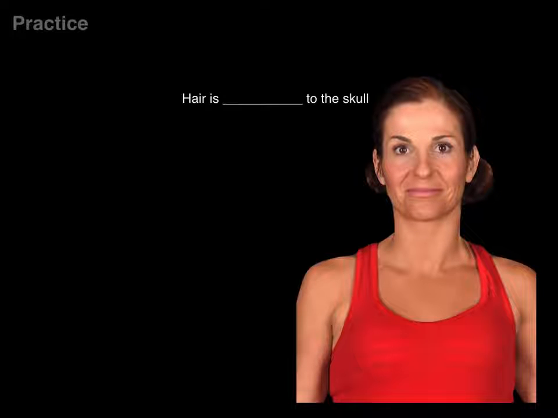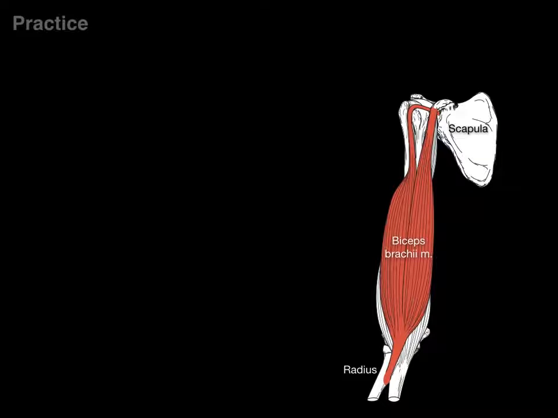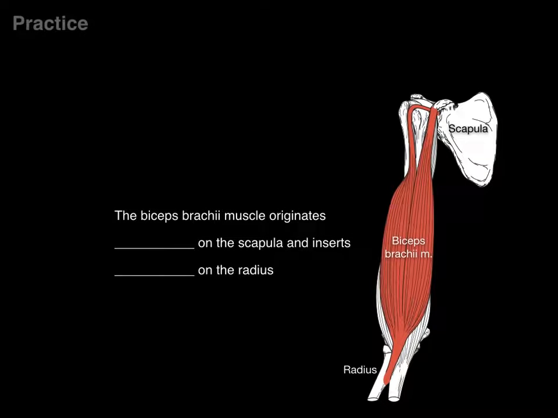Hair is blank to the skull. Think about it. Hair is superficial to the skull, or hair is external to the skull. Both are included because the hair covers all the different parts from the outside, towards the outside. And let's do one more. The biceps brachii muscle originates blank on the scapula and inserts blank on the radius. So pause. You could say the biceps brachii muscle originates proximally on the scapula and inserts distally on the radius. Or you could also say the biceps brachii originates superiorly on the scapula and inserts